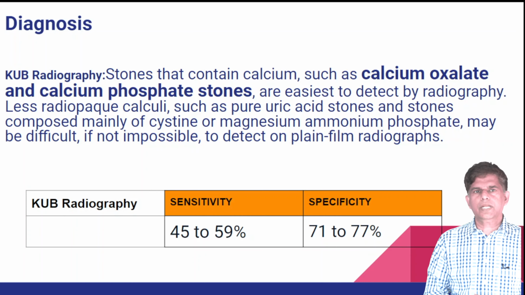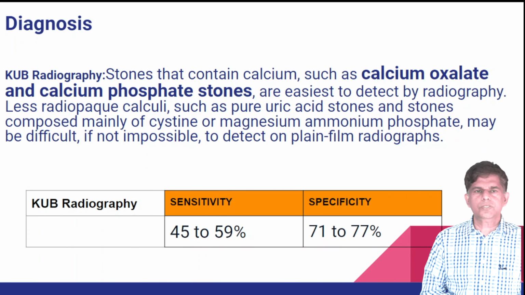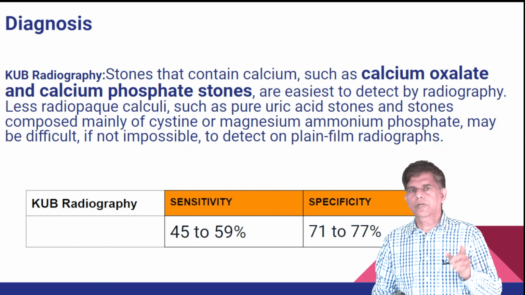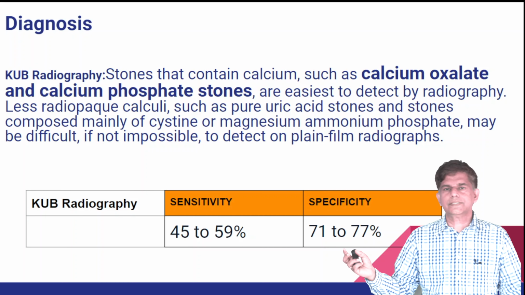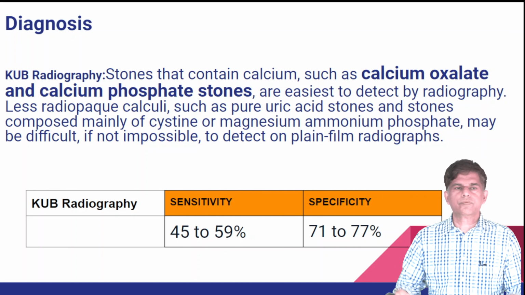So how do you diagnose it? What is the first thing to do? KUB. It's good for radio-opaque stones, like calcium oxalate and calcium phosphate. We already said 75% are calcium oxalate. So, of course, you have to do